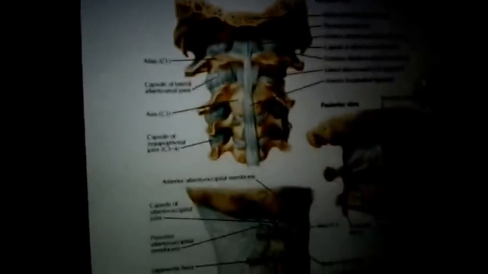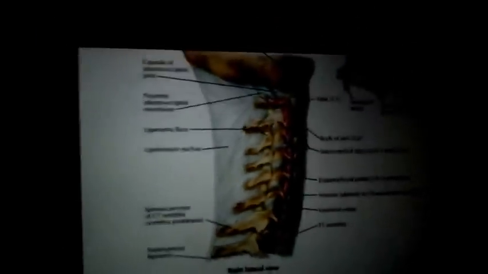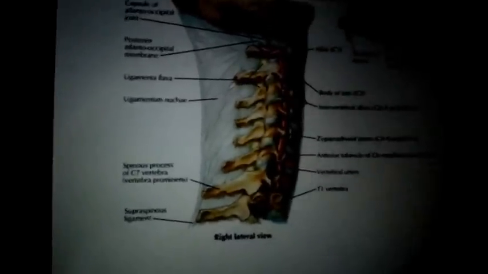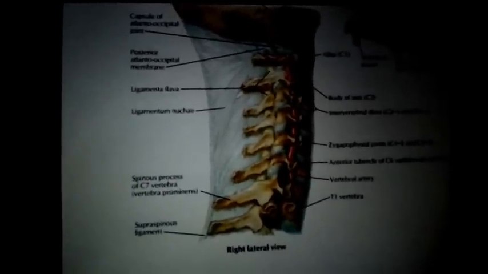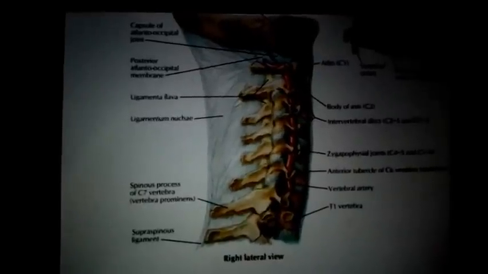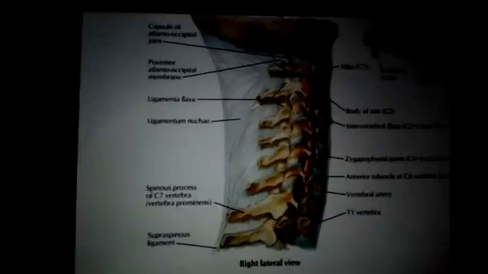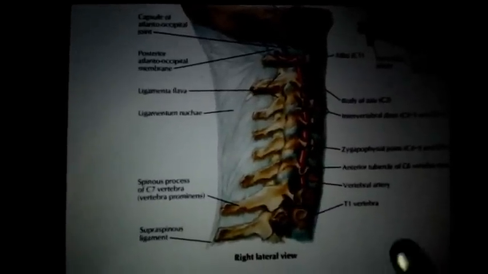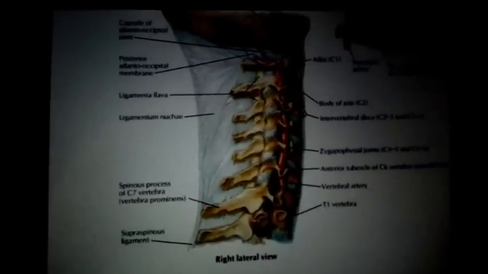Now I am taking you to the most important anatomical landmarks of cervical lateral region. Now here you can appreciate all the markings. That is right lateral view. Just have a look at this. You can pause the video here, and when we correlate it with X-ray, you will understand it better. Here we have zygapophyseal joints, just as we saw in the 3D diagram. Now I am taking you towards the X-ray.